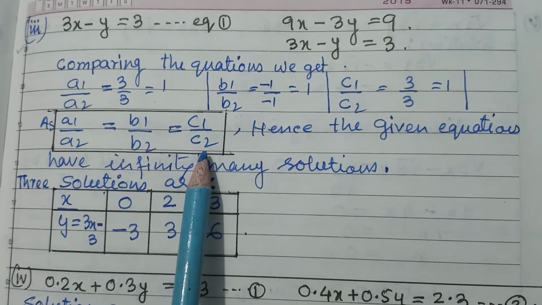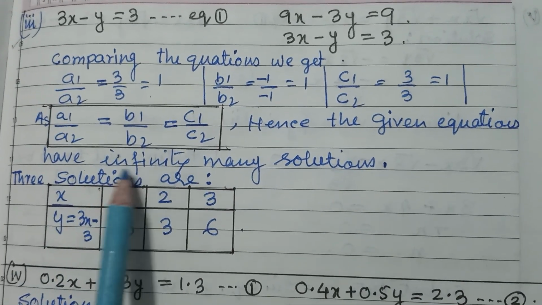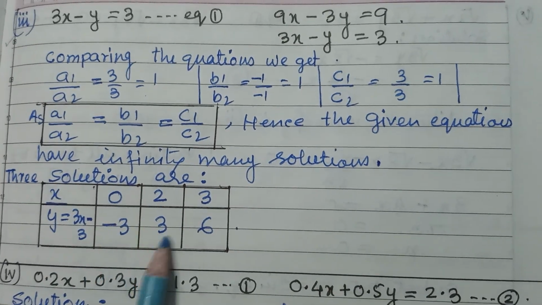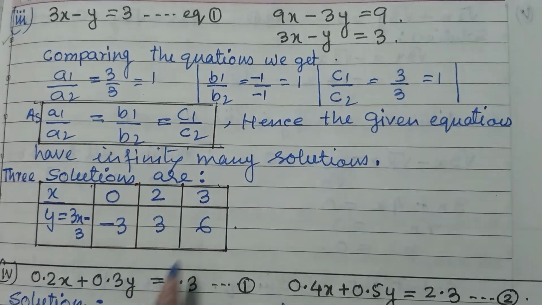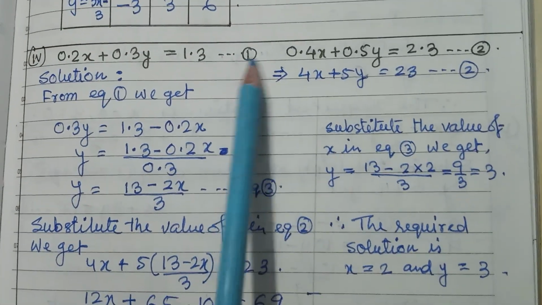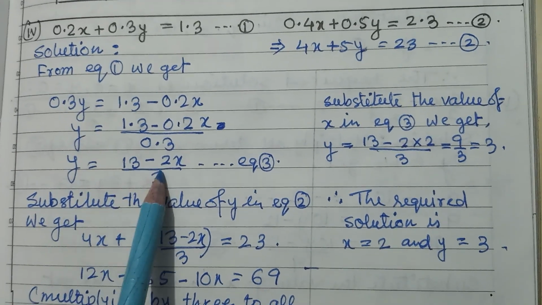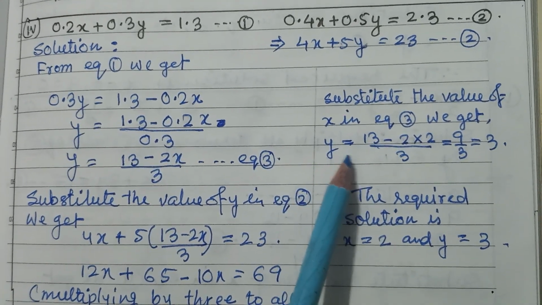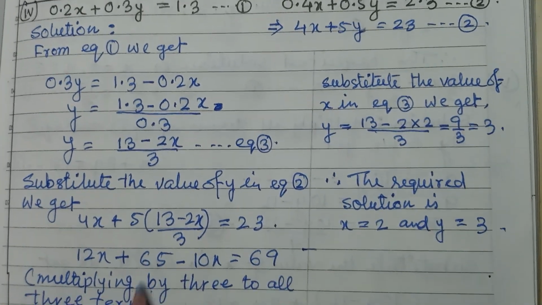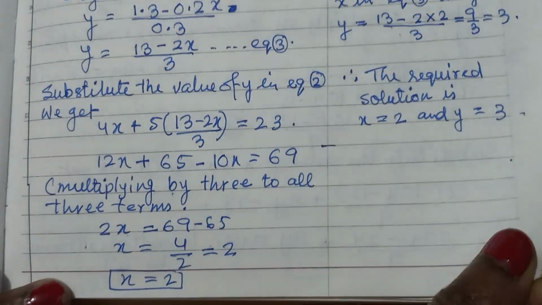Now these infinitely many solutions we find out by coordinates; there are different solutions. Now the next question is this one. First equation, this second equation. Again from the first equation y is equal to this, and in the second equation you substitute this value. Now x and y, two values you will get here. Next is